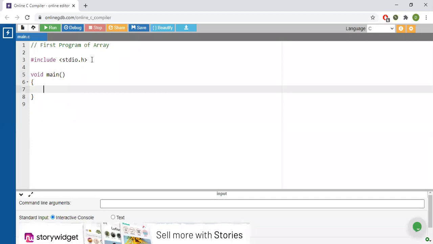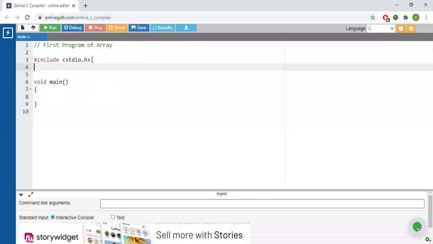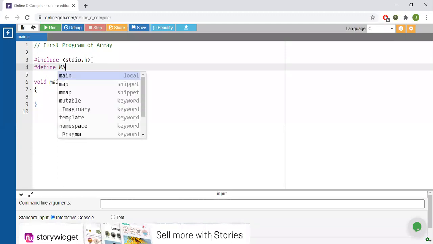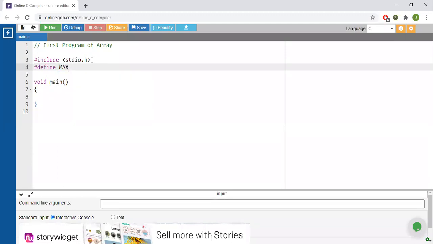Now after hash include stdio.h, I am going to write what we call a preprocessor or macro. We learned about this when we studied imperative programming. In this, you write a word, and let's say I have written 50, which means wherever I use max, it will be replaced by 50.